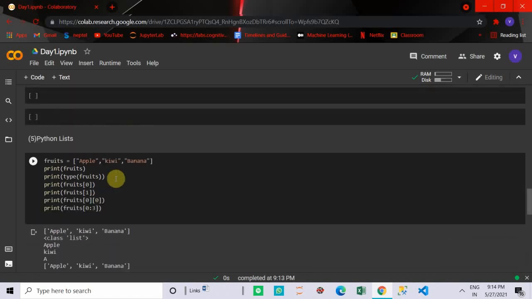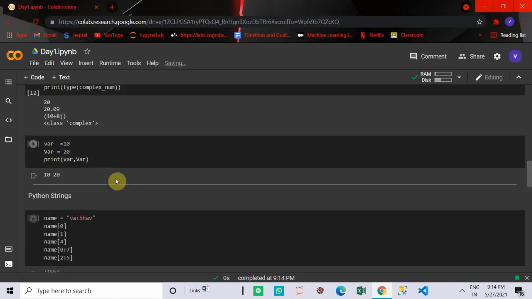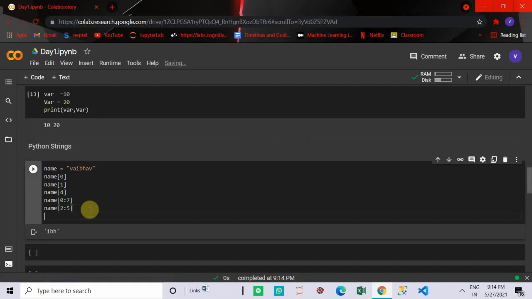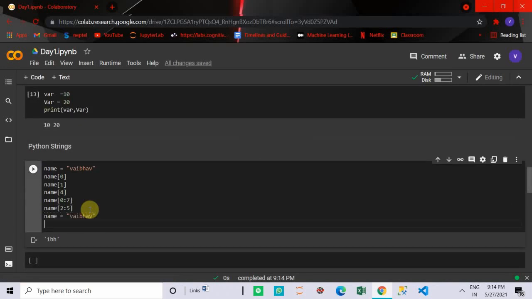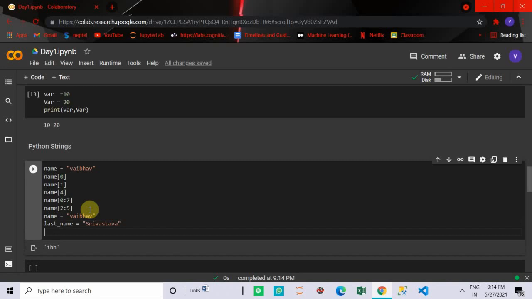I missed something called concatenation in the string part, so let us first check that. Name equals Vaibhav, last name is Srivastav. Now I can add both strings using the plus operator, which is called the concatenation operator for strings.